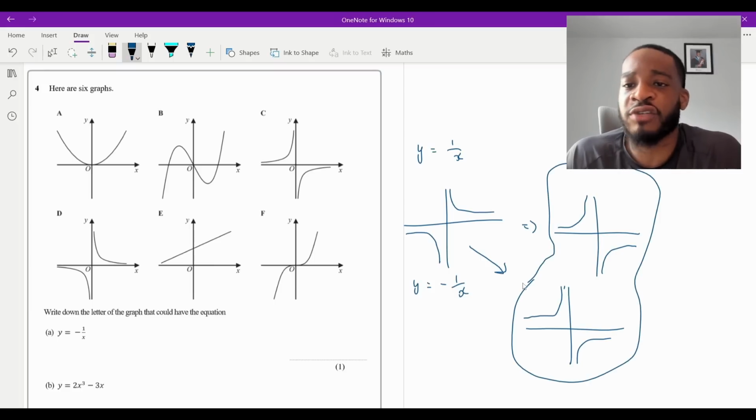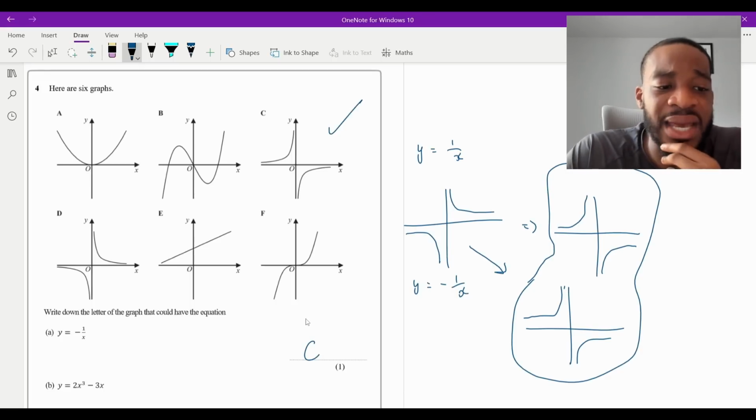Right? And this is just graph transformations, a topic that you really should know because I don't think the formulas or the rules are in the formula book. Anyways, so that would mean that y equals minus 1 over x is going to equal C, this one here. So I'll put C here. So that's part A. Part B says,